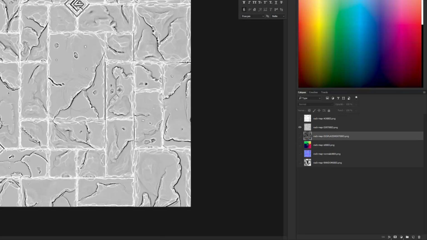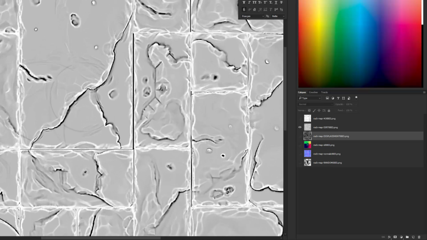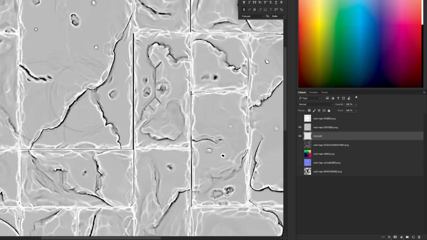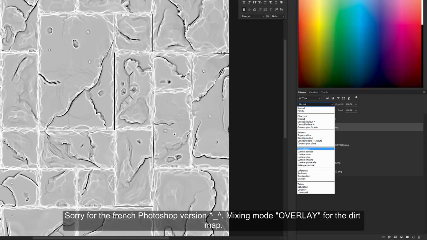So we need to define a color for our map. So let's create a color layer. I will use a slightly brownish gray, something like this. Now I will overlay the dirt map upon it